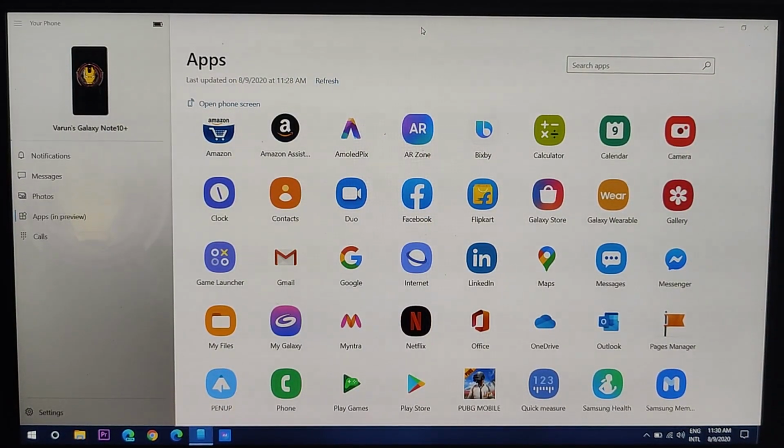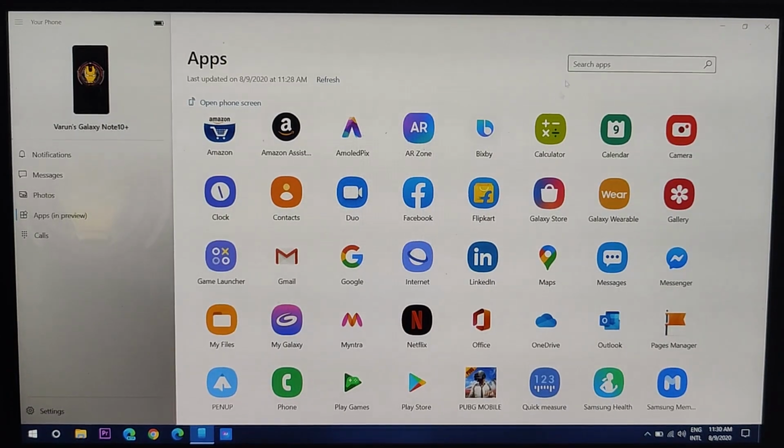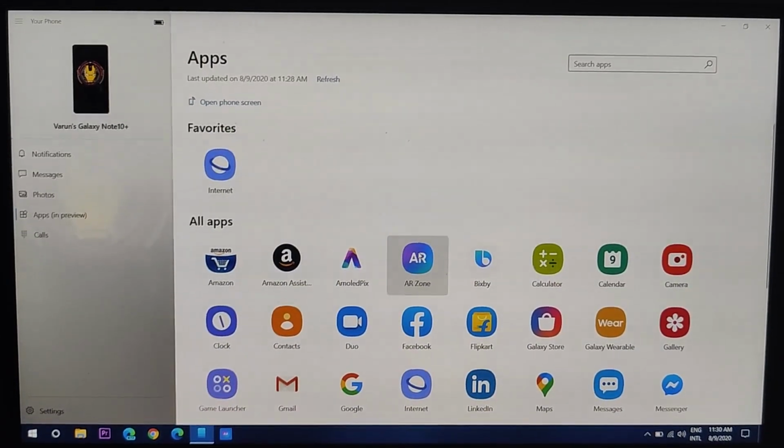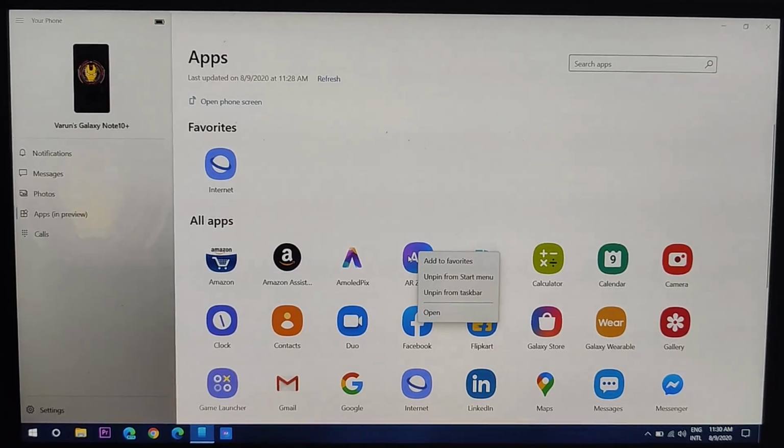So basically it is actually using the screen mirroring technology on the phone. So this is not anything different, I would say, because this feature was present, but now they have integrated it really well with Windows 10. They have baked it in as a feature of Windows 10. Right now it only works with Samsung devices and maybe Pixel devices. I'm not sure about them, but for Samsung devices they do work. And you can just simply have this application on your desktop all the time, minimize it, and there are certain very cool features as well you can do with these applications.